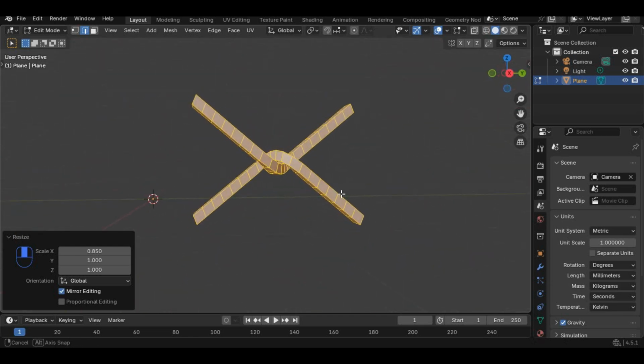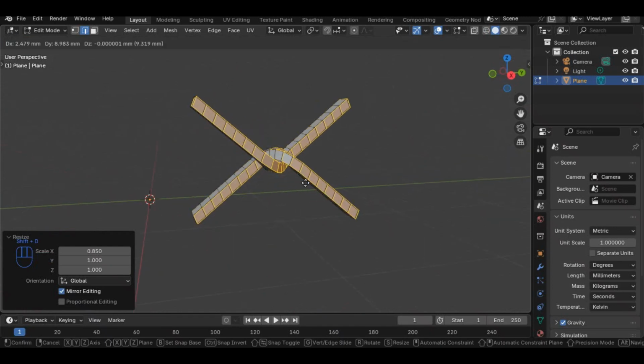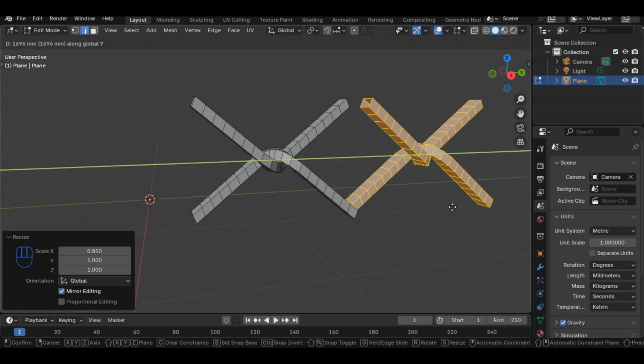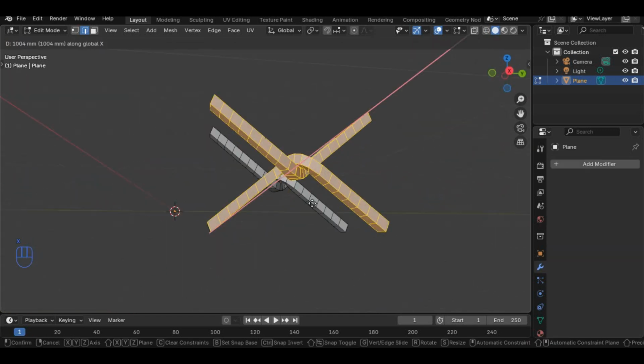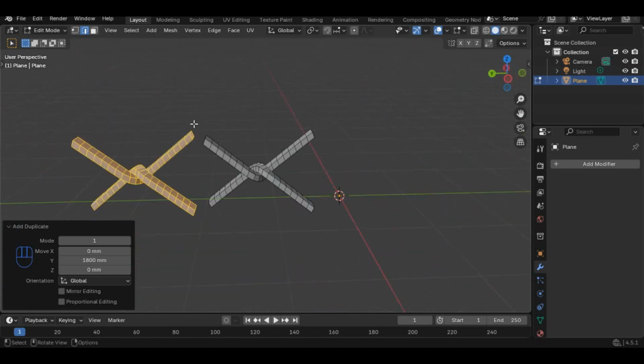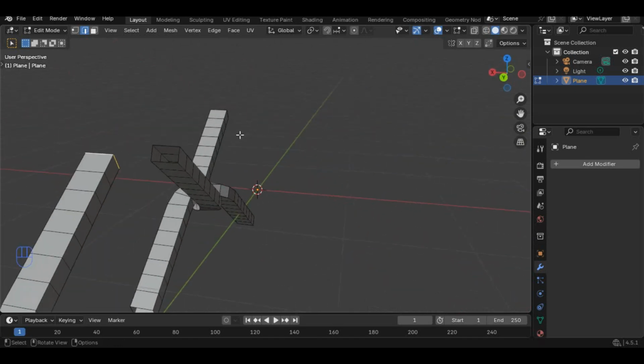more solid. And now you have this kink right here, so we can duplicate this towards the y-axis again, and then we have this, so we can duplicate it by any value you want, but I want to be consistent about the values I'm choosing. We can duplicate by 1800, and once you duplicate by 1800, then we can click on our edge select mode,